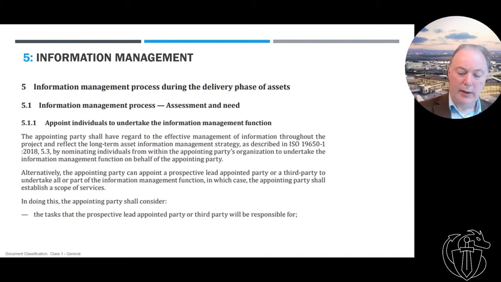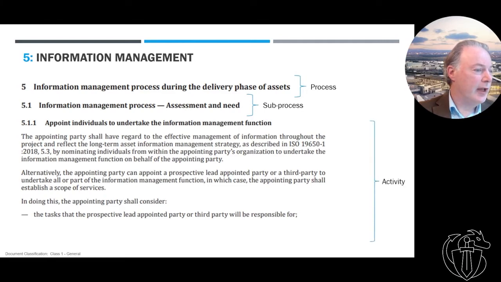Okay, this is just a slide to show you quickly that it's not that complicated, if anyone hasn't really looked at the standard. Section 5, which is the information management process, that's really the process. There are a number of sub-processes, there's 8 of those. That's 5.1, which is the assessment of need. The first one is very much client driven. And then there are these activities, and then there are recommended or optional parts to that. So I suppose I'll just explain what that is, because that's come up with us as part of small businesses, I suppose.